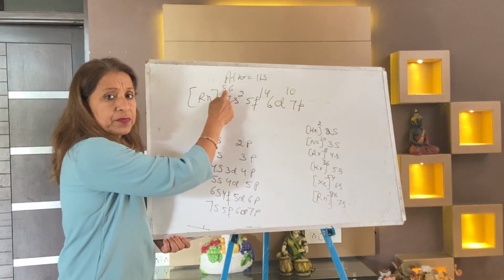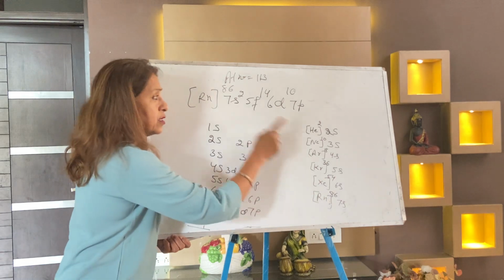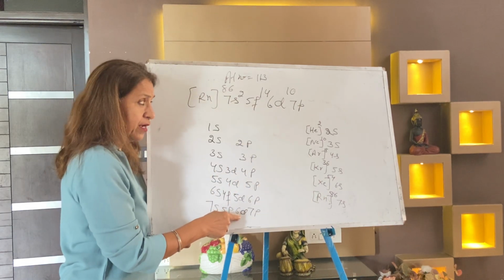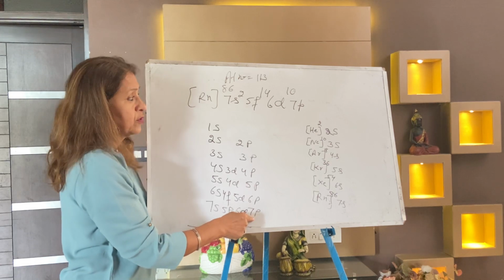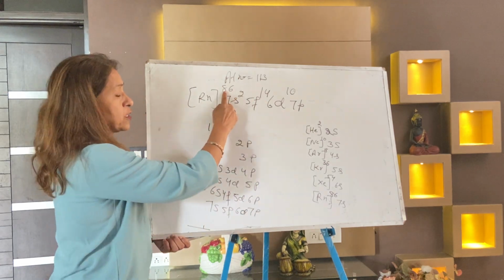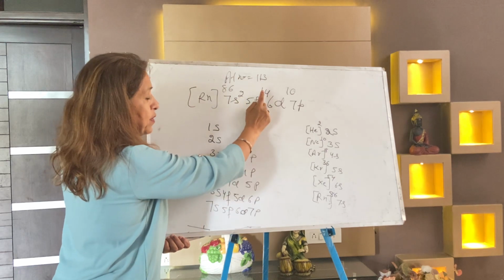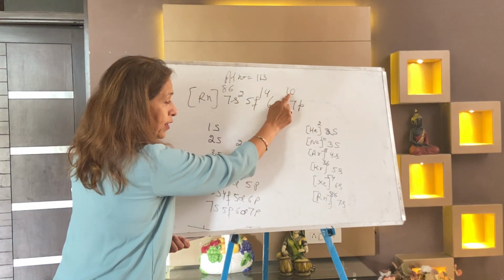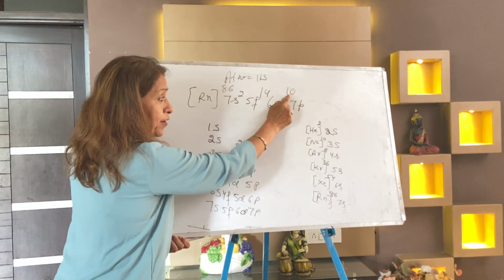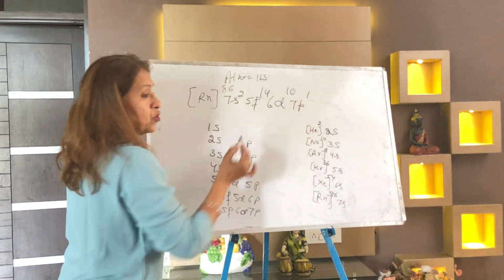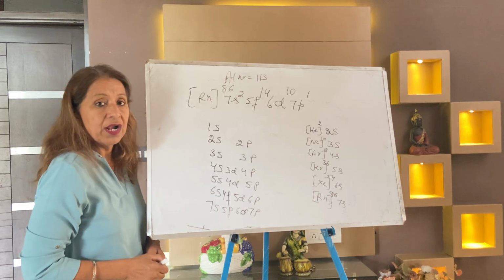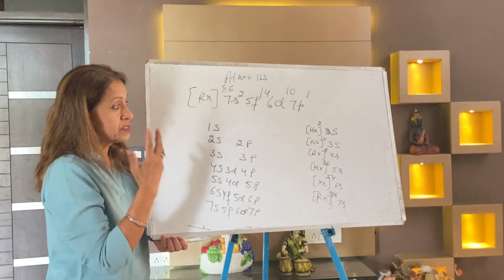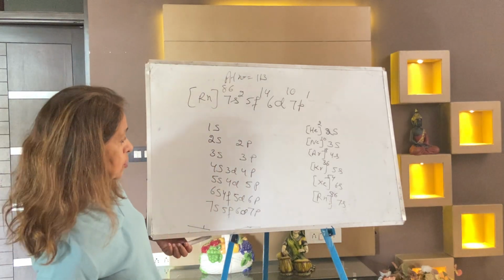Radon 86. After that there is a 7s, always written. 7s2, 5f14, 6d10. After that how many electrons are left? Please write. So it is 86 plus 2, 88. 88 plus 10, 98. Plus 4, 102. 102 plus 10, 112 and 113. So this is all. Your element belongs to P block, period 7 and the group is 13.